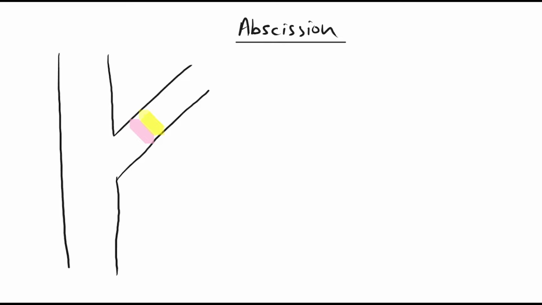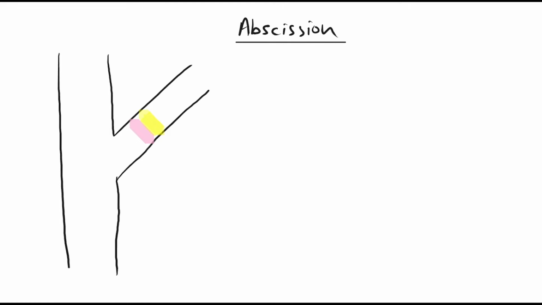Now, abscission is a particular process where the leaf gets cut off from the leaf stalk. So it goes through a particular process. Here, for example, you can see there's the main stem, and then we've got the branch that is connected to the leaf petiole, which is basically saying that there's a leaf there. We're going to focus on what is happening in this particular part at the base